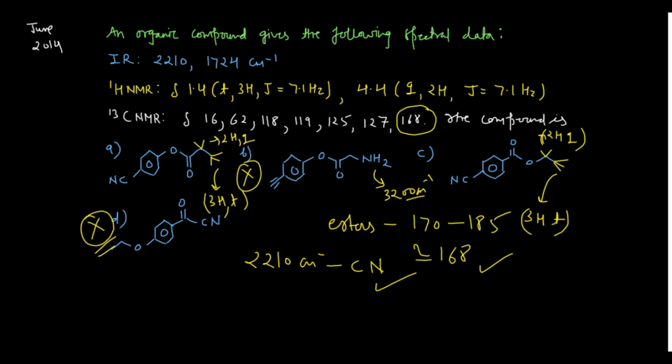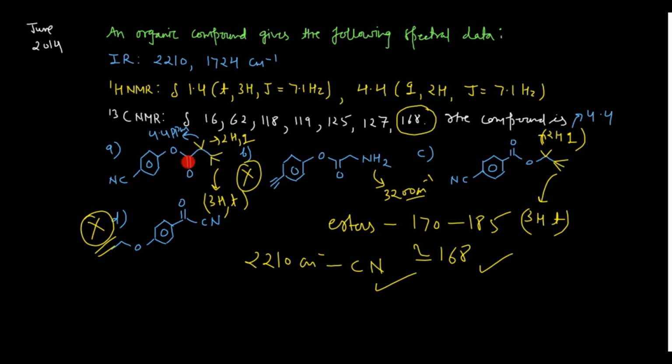So in that case, you see the quadret. Quadret means the signal for these 2 hydrogens as well as these 2 hydrogens. This signal is quite downfield at 4.4. So what I can do, I can write the chemical shift for this one. For this it is 4.4 ppm. Here also it is 4.4 ppm. Okay, but you know this